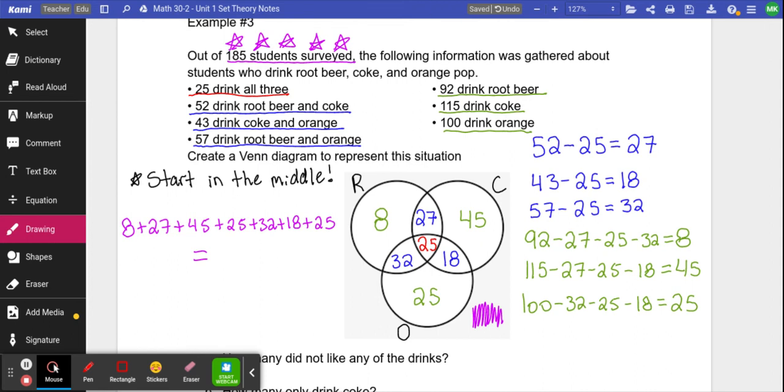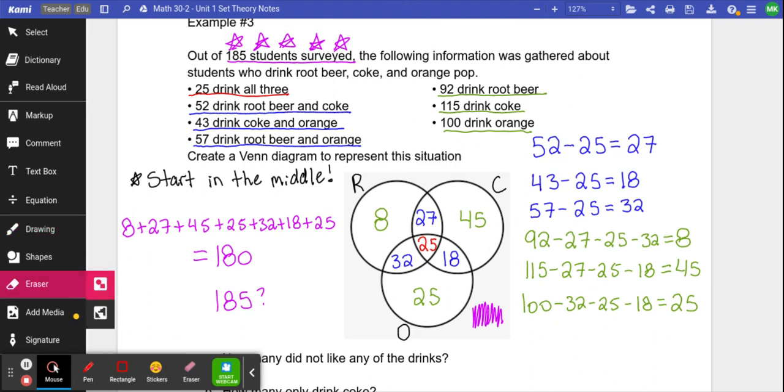We add it up, we get 180, which does not equal 185. So what the heck? If that number doesn't match, if you have too many people in your circles, you've made a mistake. If I had added those all up and it was like 210, I've made an error somewhere in my circles. If I've added everything in the circles and it's not a big enough number like what we have,